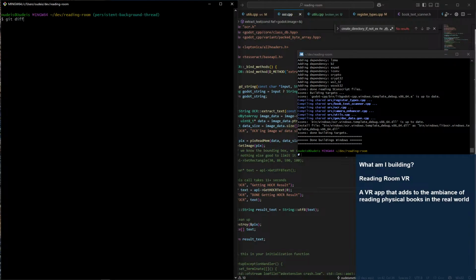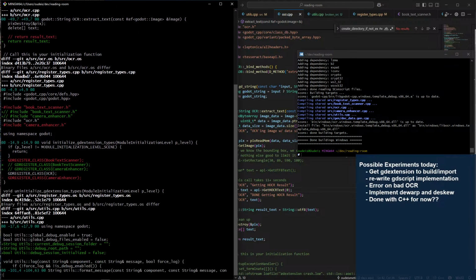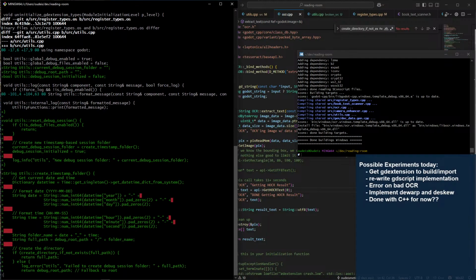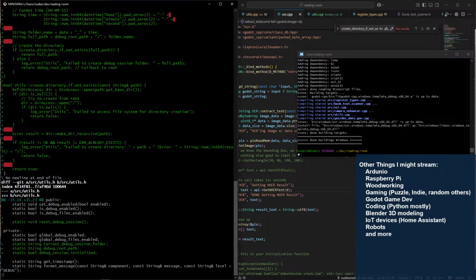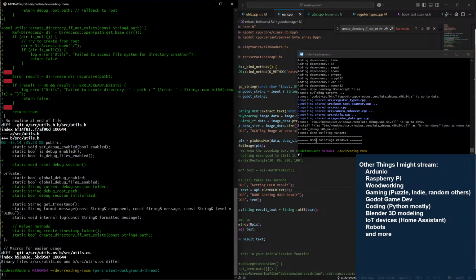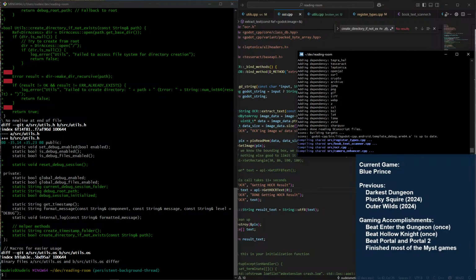So now there's the reset debug, and the fact that we're returning a result. Register types is in a slightly different order, but that shouldn't matter. That thing was working. Utils has brought in a bunch of new utilities. It's possible one of those is it. So if I build now, with utils we brought in the resetting of the debug session type thing.